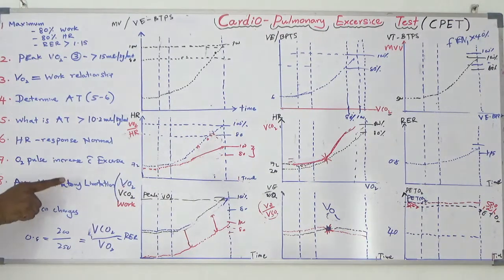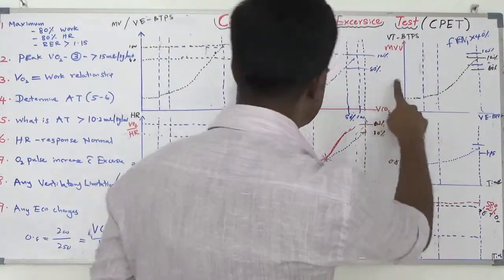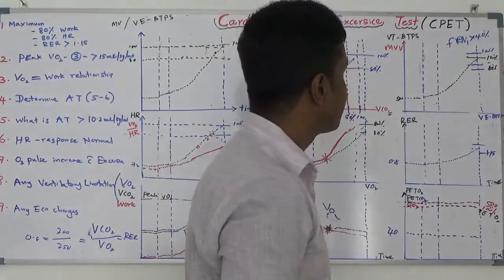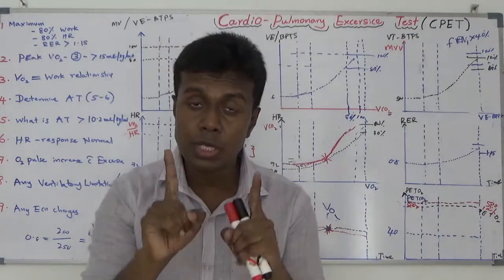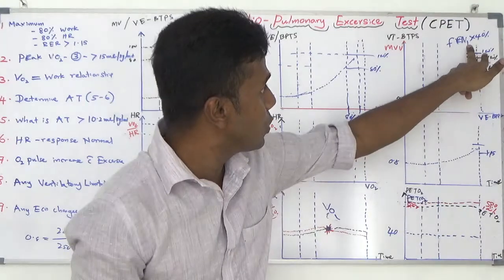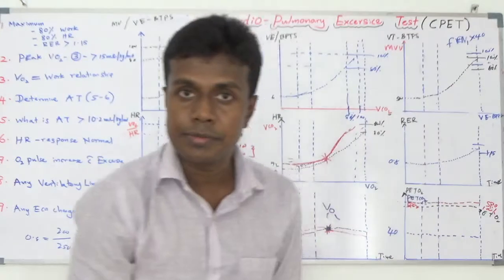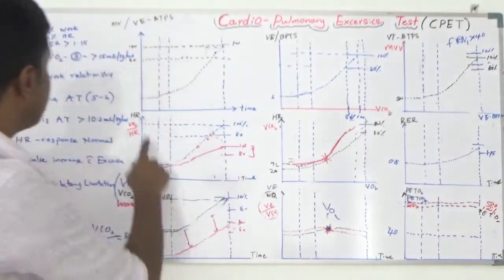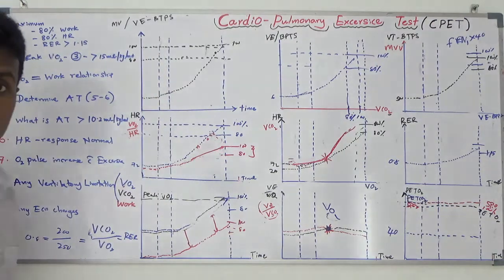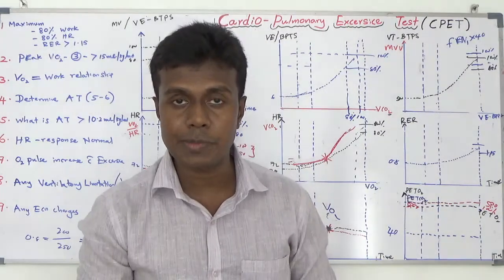Number 8, are there any ventilatory limitations? You have to check this curve. Number 7 curve, maximum voluntary ventilation. Whether you are able to achieve maximum voluntary ventilation. That must be equal to forced expiratory volume in 1 second times 40. Not 40%, it must be 40. Or whether your patient is able to achieve adequate minute ventilation. If your patient does not achieve those values, your patient has some kind of respiratory pathology.